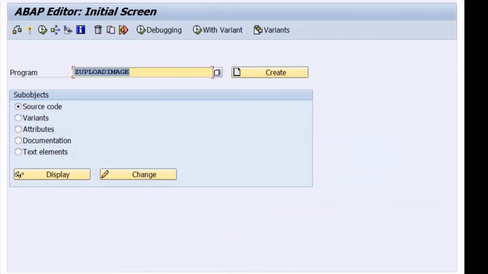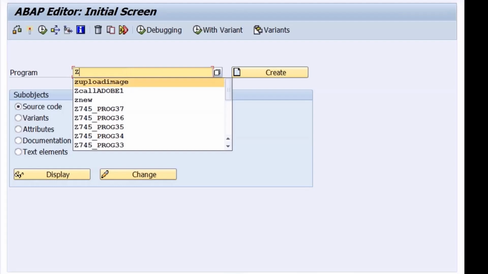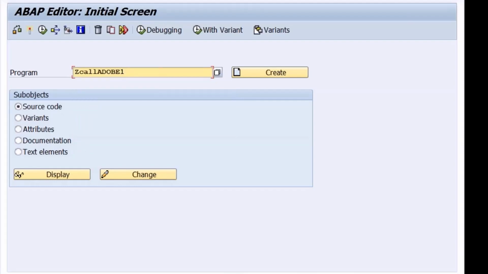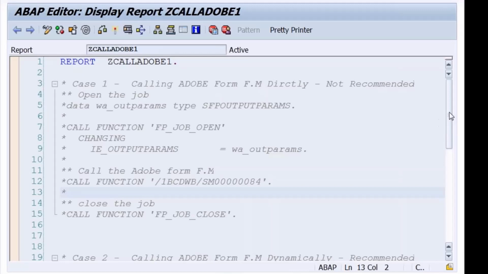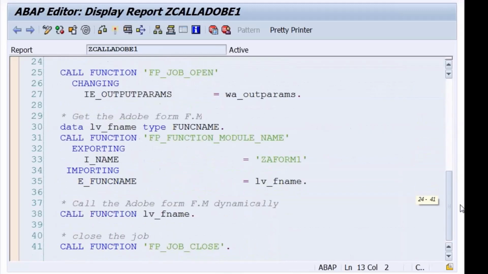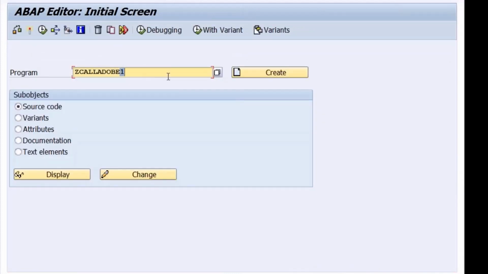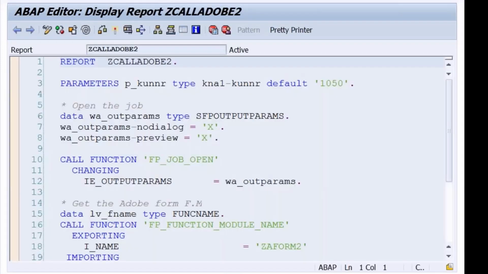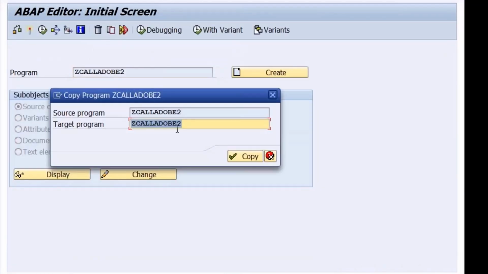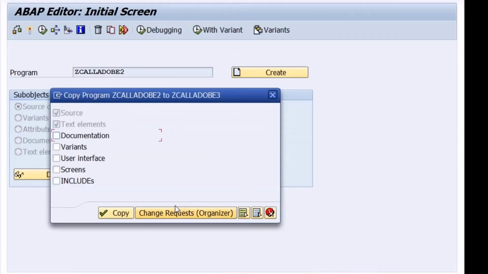What is yesterday's program? Z_CALL_ADOBE_1 up. This one or this. Okay, I'll just copy this. 2 I'll copy to what? 3. Okay, done.